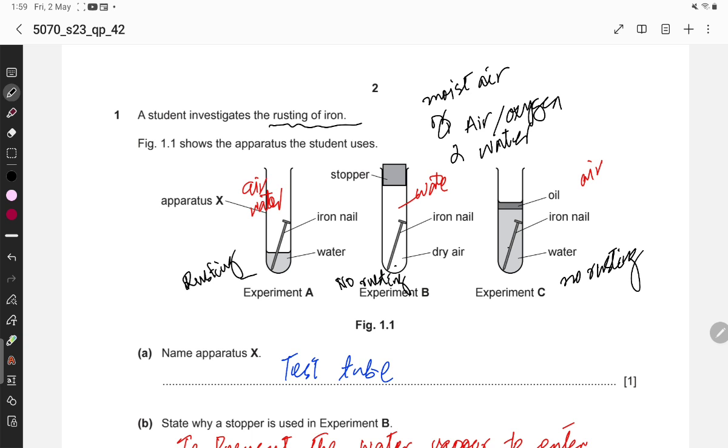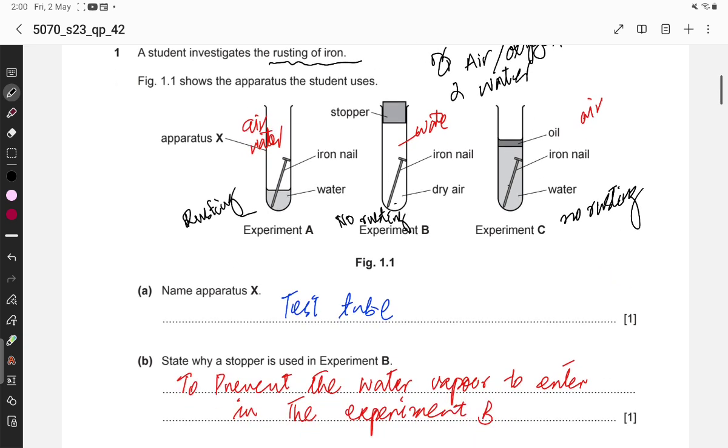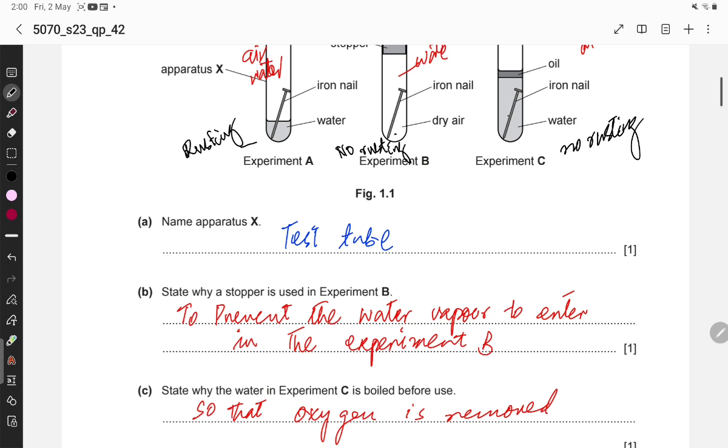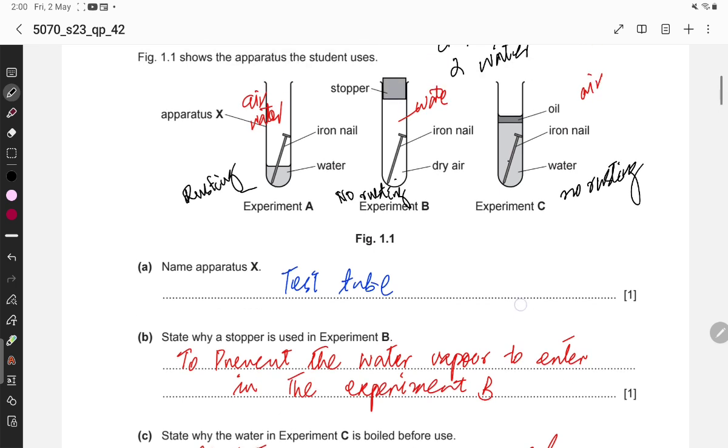And in experiment C, you know that there is a layer of oil on the water, and the layer of oil prevents the air from entering the test tube, so the iron nail will not rust. So in experiment A, in test tube A, there is rusting. Name apparatus X. This is a test tube. State why a stopper is used in experiment B. To prevent the water vapor from entering, to prevent the air